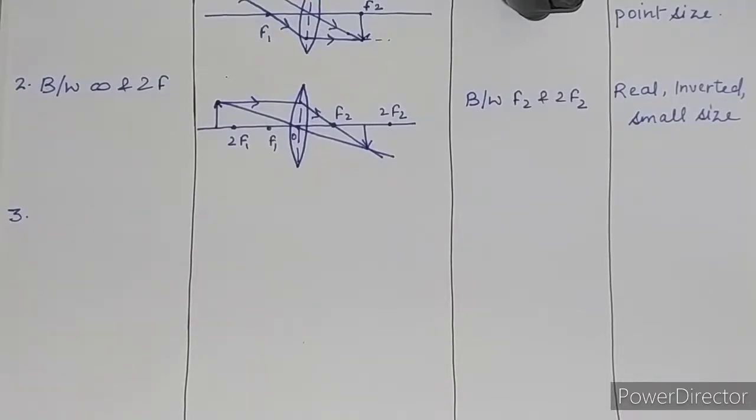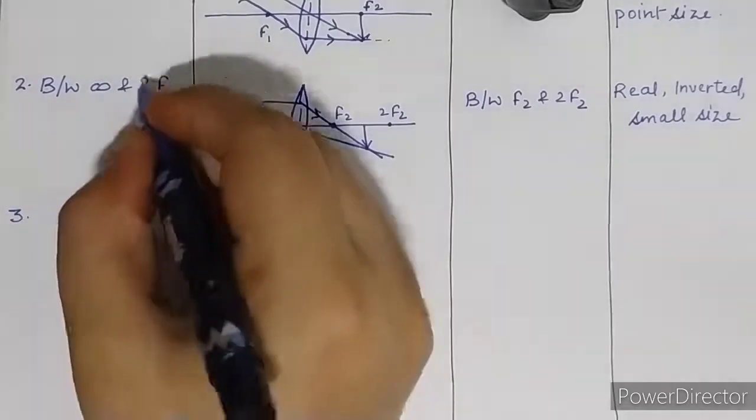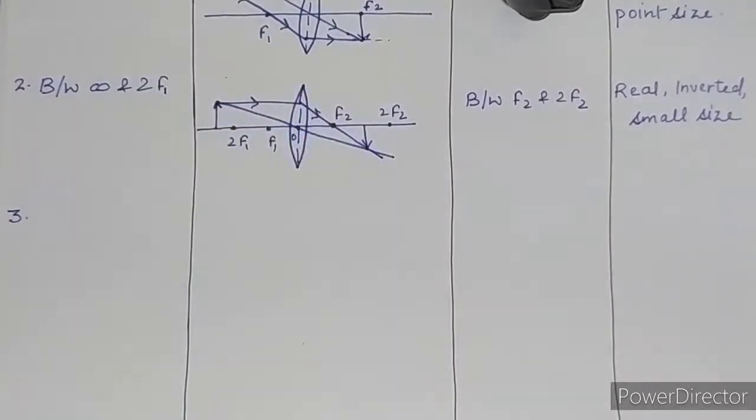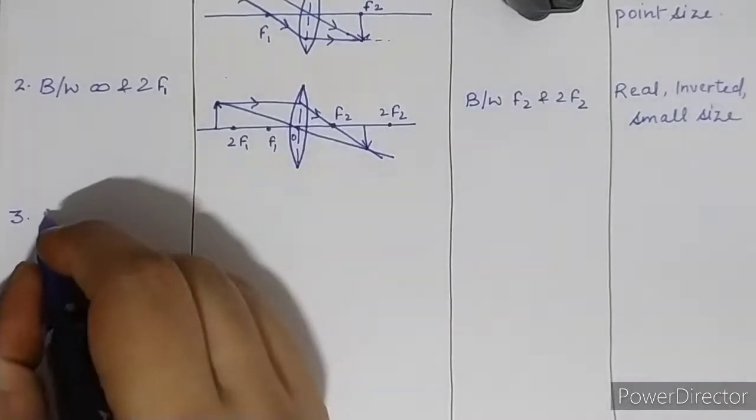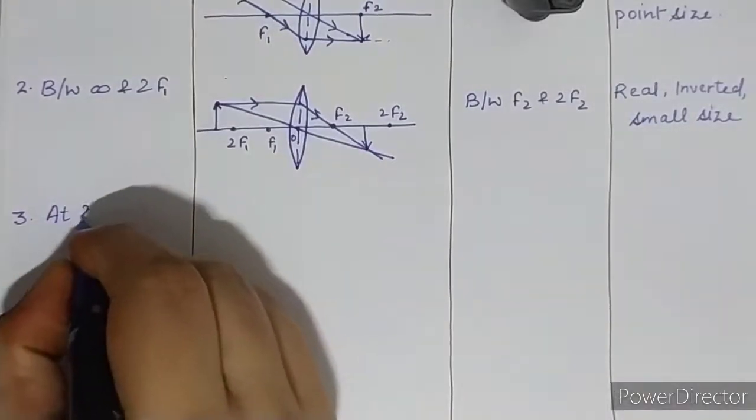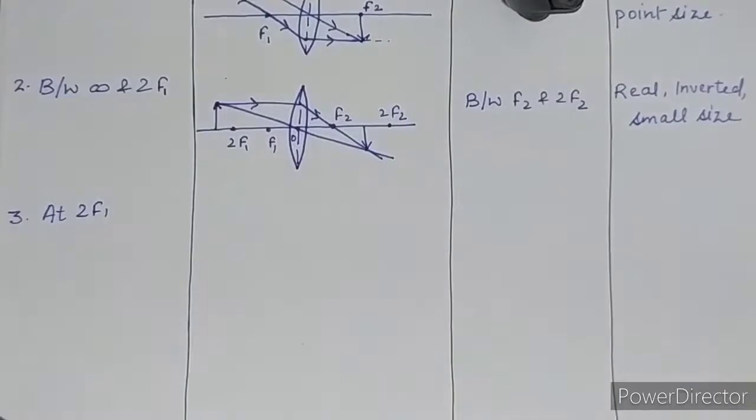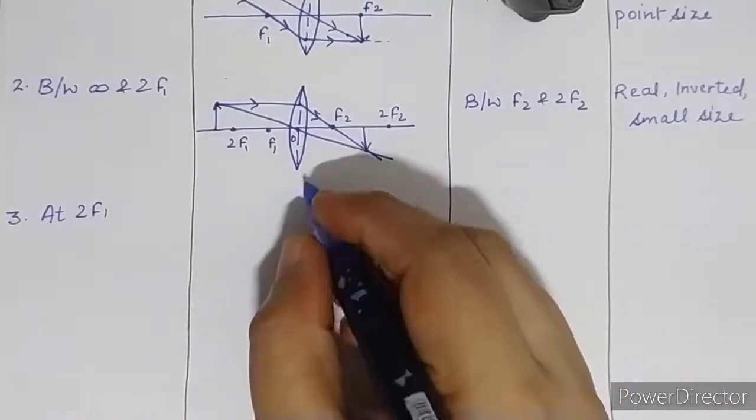So first of all, when the object is at infinite, its image size is of a point size, and when it is between infinite and 2f1, then its image will be of the small size. Now when the object is at 2f1, remember here, if you want to correlate the lens and the mirror ray diagram and the image formation, the 2f1 behaves like the center of curvature C here. So when the object is at 2f1,